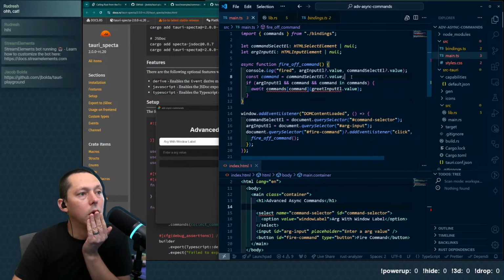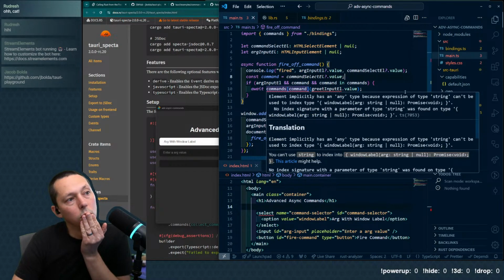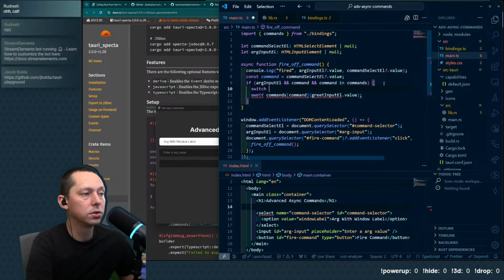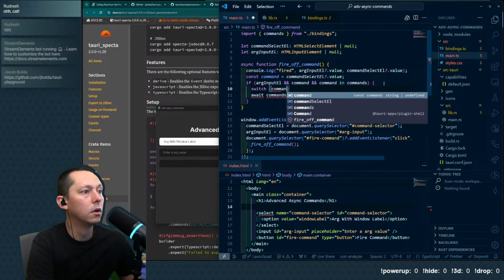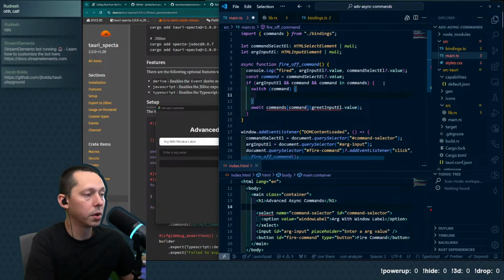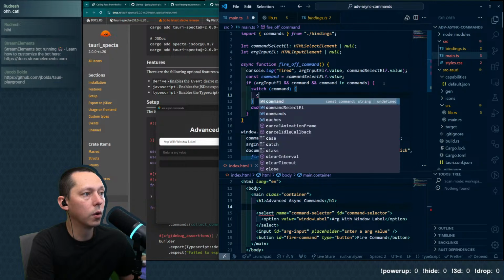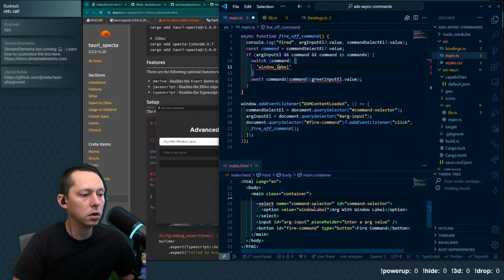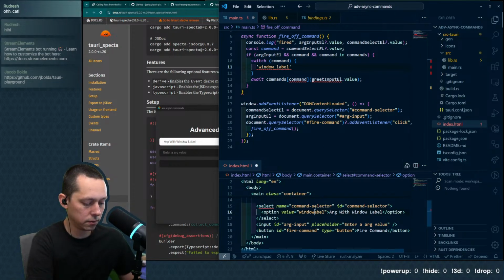So what we're going to do instead, we could get fancy with TypeScript, but I think that's just going to muck up the clarity that we're getting from Tauri Specta. So what we're instead going to do is say a window label. I'm actually going to go back to snake case so it matches the Rust side of things.